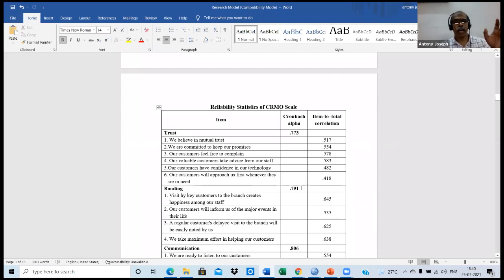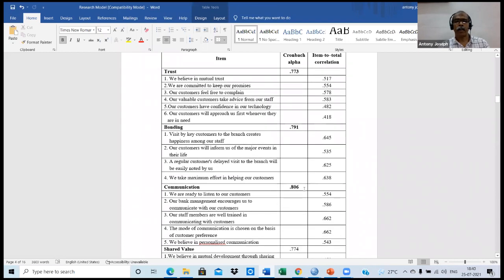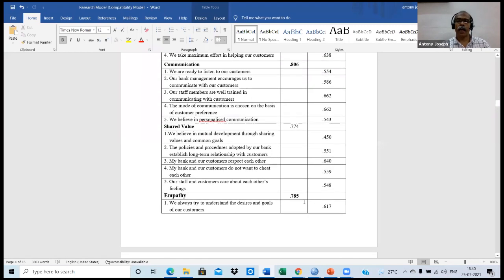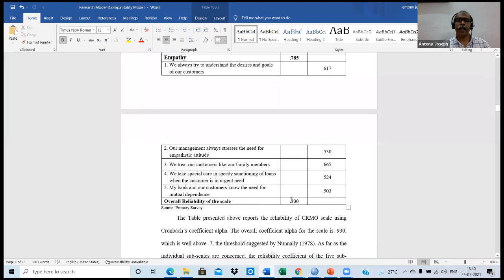This is my original data, and bonding it is 0.791. Communication it is 0.806, and shared value it is 0.774. Empathy it is 0.785, and the overall reliability of the scale, this is also important. Overall reliability of the scale must be computed if there are different components in your construct.